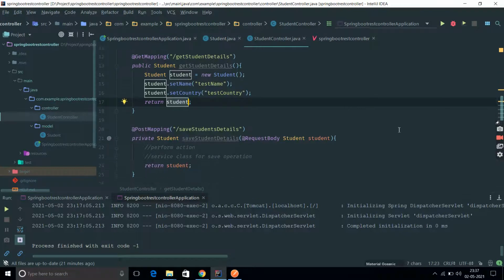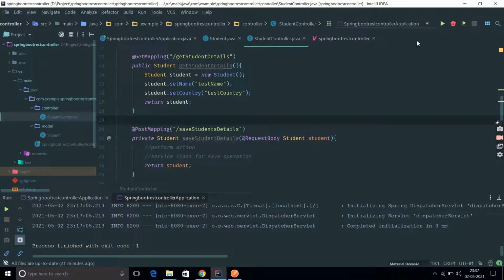In post, normally we get the request, some model class or DTO, we do some operations in the service class, then we save that particular data. In the post operation also, I am returning the student.